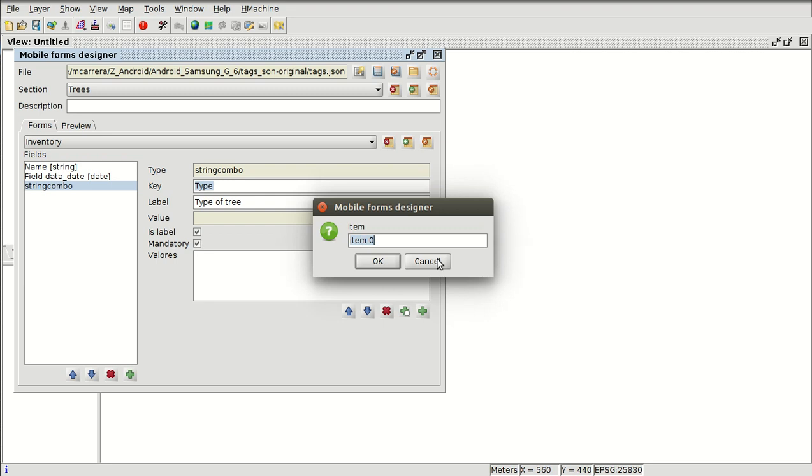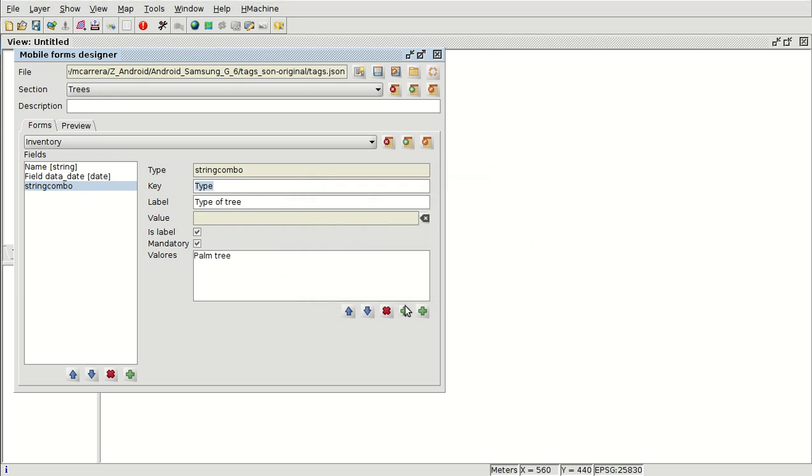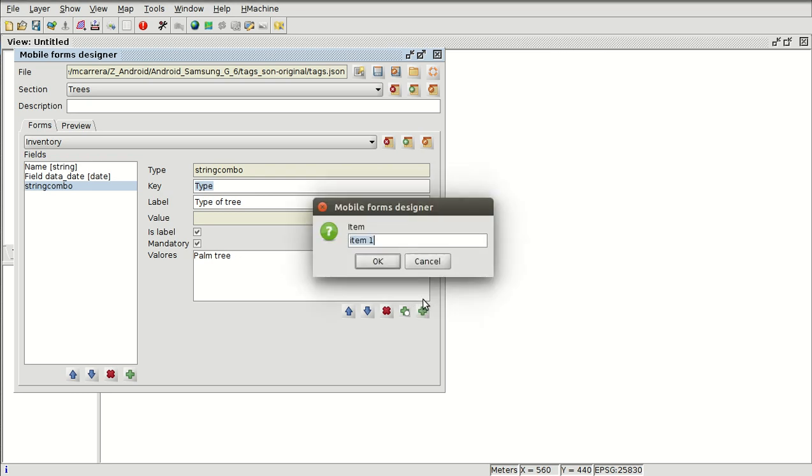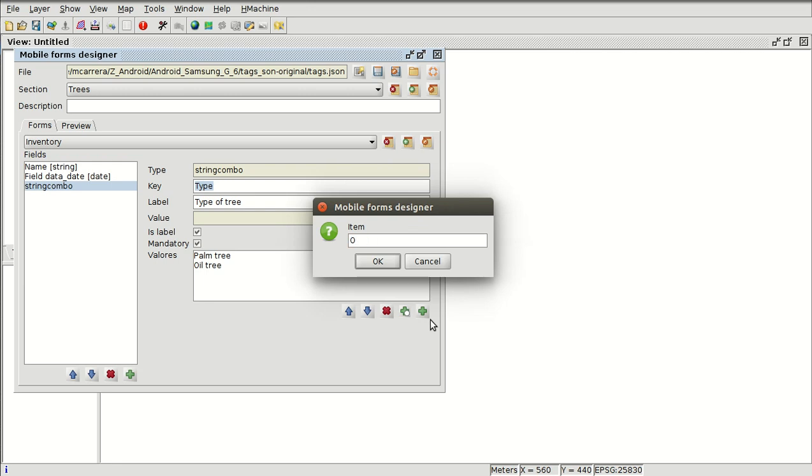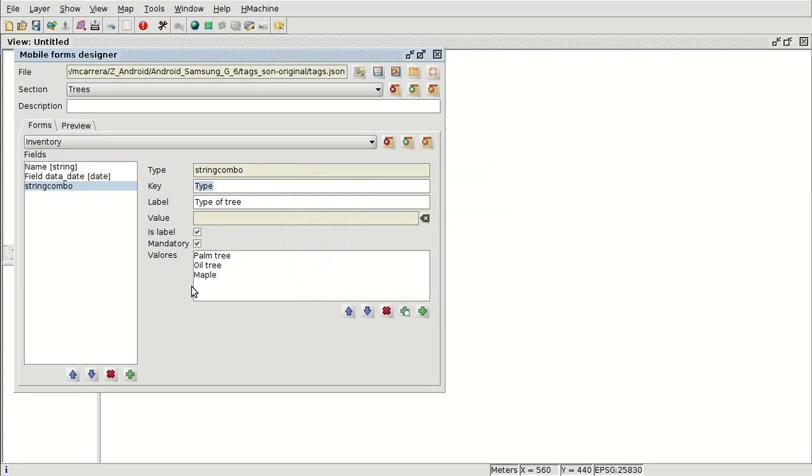For example, the palm tree. Okay, oil tree, for example, maple. Okay, here we have 3 different types, for example, and we can add another